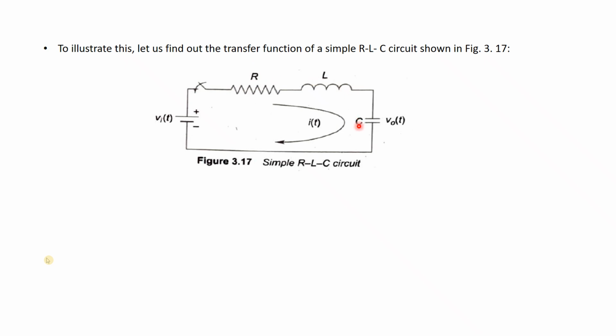Okay, the resistance is fixed, inductance is fixed, capacitance is fixed. Now the voltage across the capacitor is considered to be the output, suppose. So our goal is that we will have a DC voltage supply, and we will determine the voltage across the capacitor, and we will study this in the form of a transfer function.